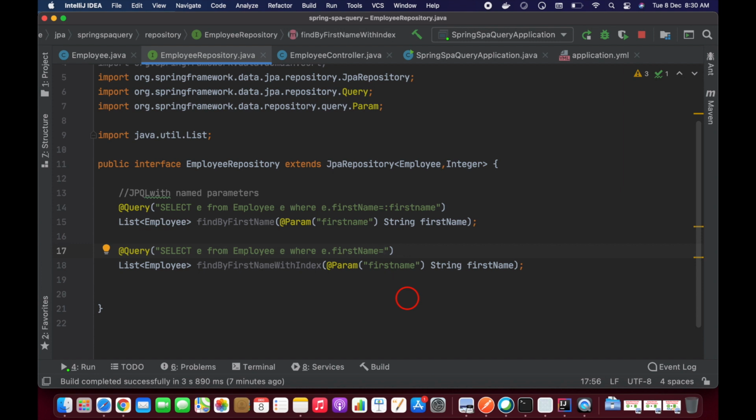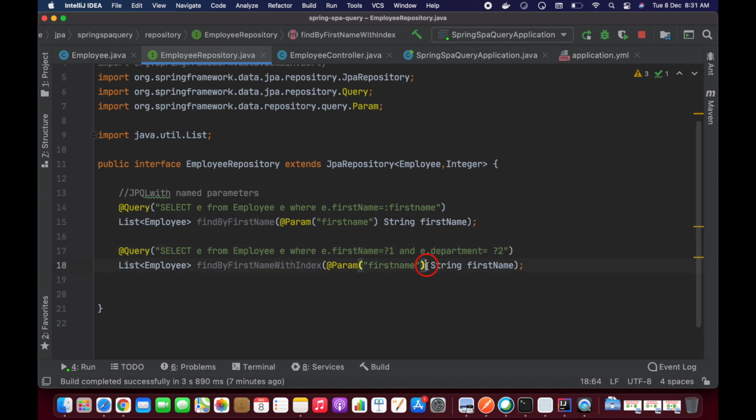This is the first index, and the second index I'm going to take as e.department equal to second index. If you have n number of parameters in the where condition, you can define index parameter one, two, and if you have another, you can define three. It's very simple.